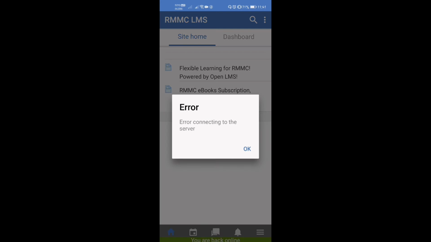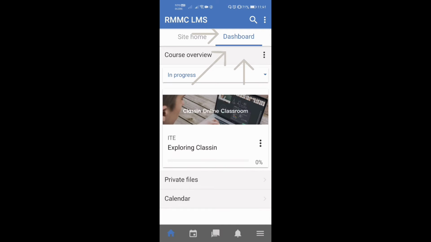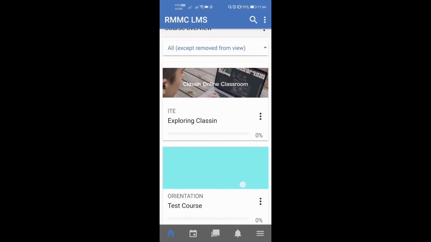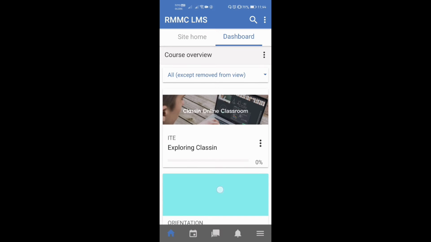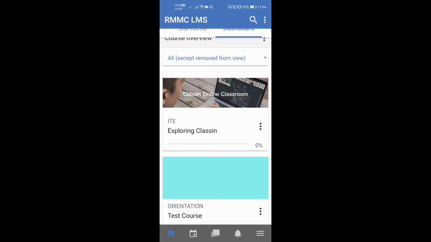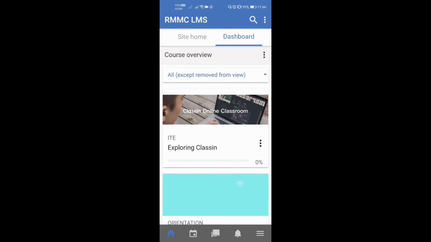So, meron akong dalawang subjects kung saan ako na-enroll. Where do I find that? Right here sa dashboard. So, ayan. As you can see right here, these are the courses that the student is enrolled in. We have two courses, IT Exploring Class In and Test Scores. Okay. So, from this view, you can